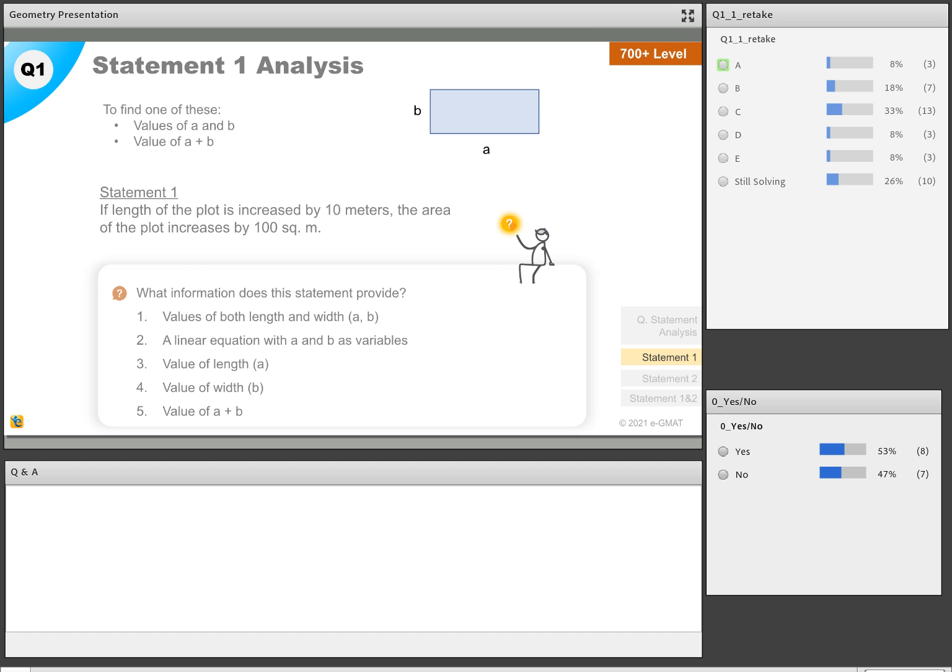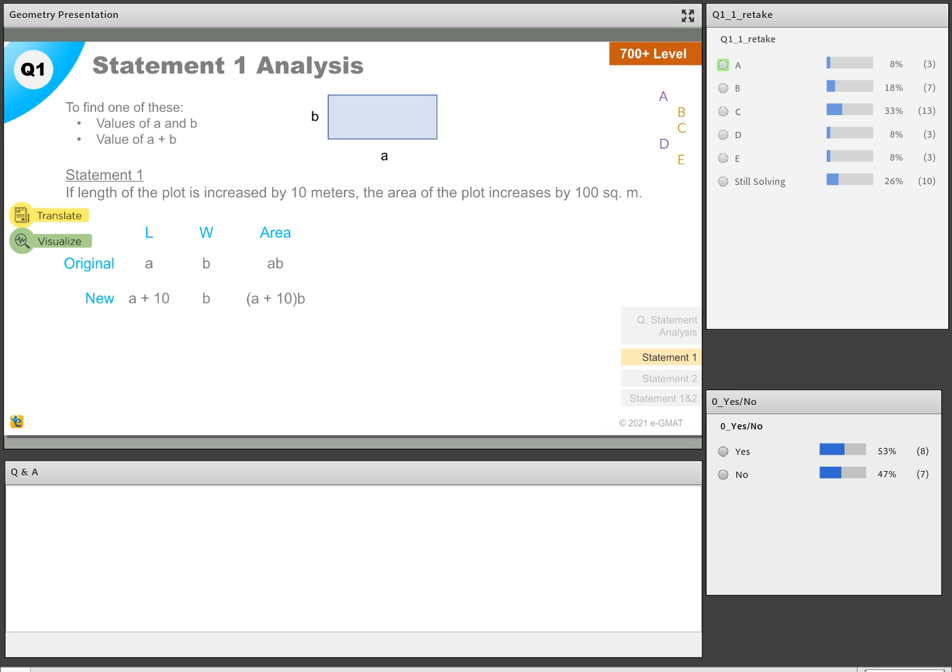And again, statement 1 required us to do all the processing that we talked about in the previous question, in the process skill question. Now, if you process this information, if the length of the plot is increased by 10 meters, the area of the plot increases by 100 meters square. So observe all the processing that we are doing. Okay, new area is equal to original area plus 100, right? Now,